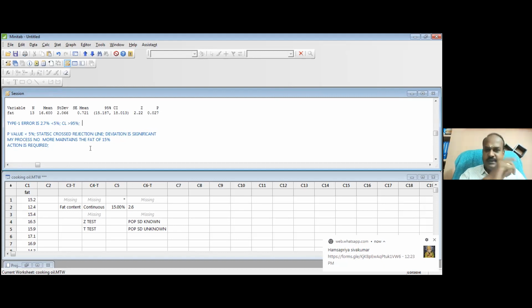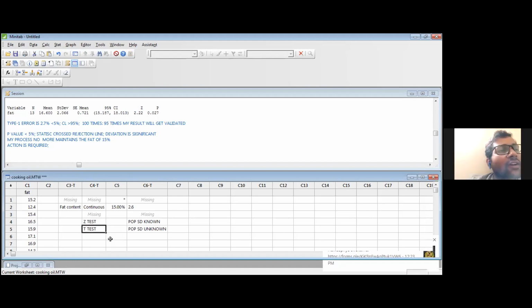When type 1 error is less than 5%, my confidence level is definitely more than 95%. When my confidence level is 95%, if the same test is repeated 100 times, 95 times my result will get validated. Do you understand? If somebody repeats my test because I found something but my management is not believing me, what will the management do? They will repeat the test, isn't it? When they repeat the test, they will also align with your statement. This is how you must take the decision. This is called the JAT test. All of you understand what is JAT test?